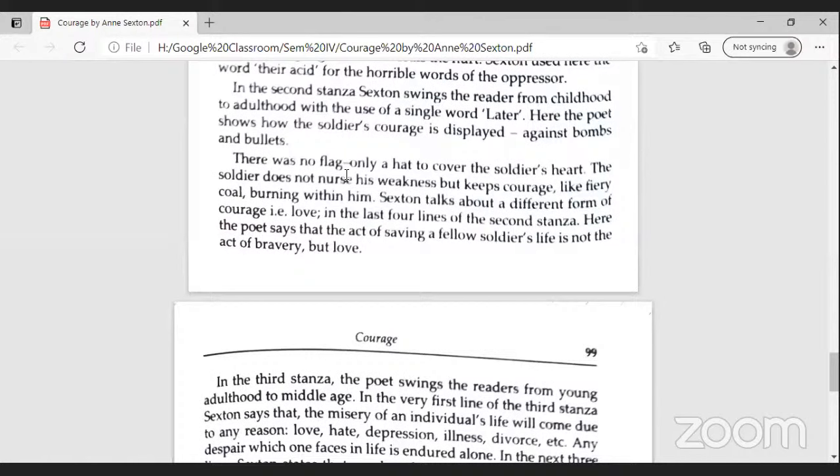The soldier does not nurse his weakness, but keeps courage like fiery coal burning within him. Sexton talks about a different form of courage, that is love, in the last four lines of the second stanza. Here, the poet says that the act of saving a fellow soldier's life is not the act of bravery, but